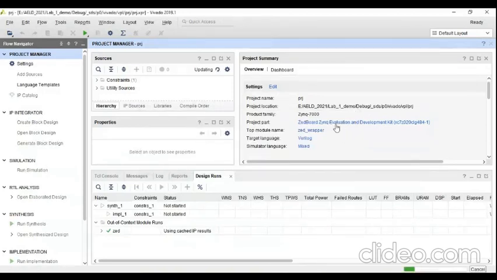Once the project is open, you can click on Open Block Design.